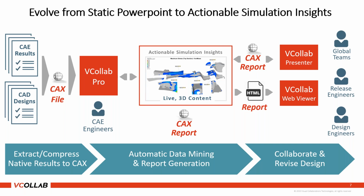This is where the analysts will be able to leverage the automatic data mining and report generation capabilities to create the CAX-based report. And then, of course, as Adi showed you, we have the ability to share those reports, again, which will have all the same content you're used to providing today, only in a live 3D fashion, either through our CAX-based report, which has some capabilities for the VCollab Presenter environment, typically utilized by design release engineers to easily edit the versions of the reports